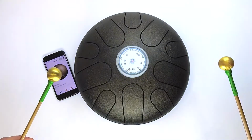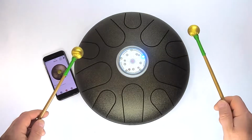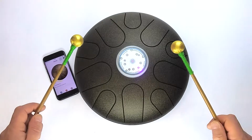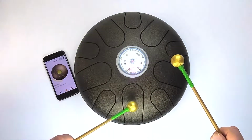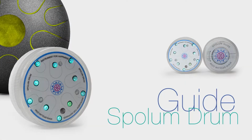The Spolum Guide is a device that will help you get started with the drum and teach you some familiar tunes or even some new ones. We have to admit, you can get started very easily even without the guide. However, we felt it would have helped many people, including myself, so we designed and created it. It's a 10 LED system where every tongue has its own light to indicate which petal to hit sequentially to